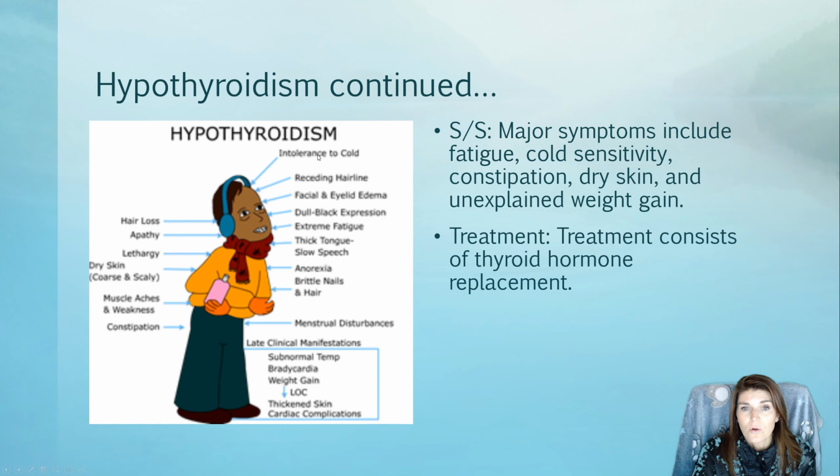So they're cold a lot. A lot of times they have a receding hairline. They'll have some bulging around the eyes from edema. There's a dull expression. They're fatigued a lot, so tired a lot. Slow speech. Anorexia can be something that they're facing. Sometimes that's because they have unexplained weight gain, and they're trying to figure out their body. But some other things that you might see: slow heart rate,